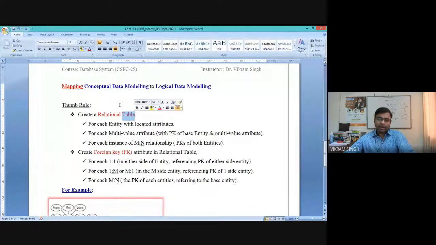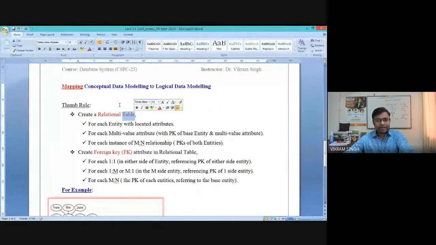So whenever we are mapping an ERD into the tabular or database structure, the very first rule says you need to create a database table for each entity. We have three possible scenarios where you will be creating a database table. It is basically a mandatory condition. You need to create a separate database table for each entity in the ER diagram. It is clearly obvious.